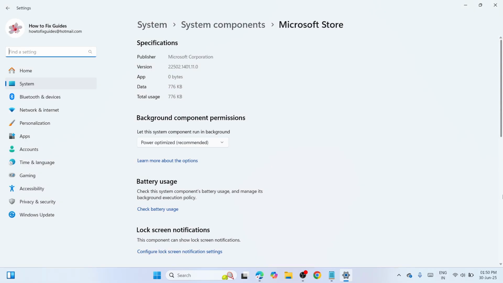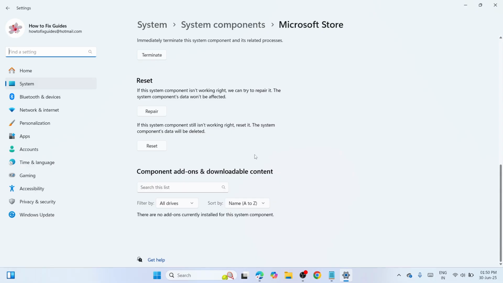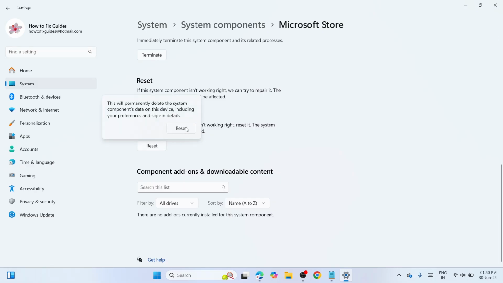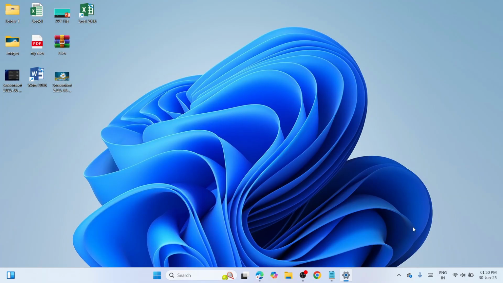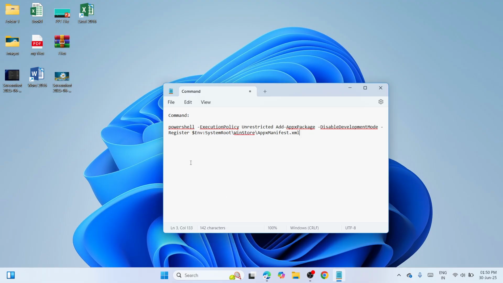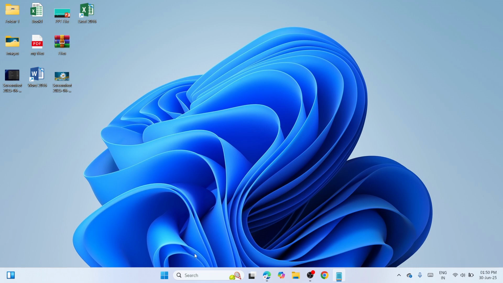Now from that, please scroll down, click for Reset, click for Reset again, and wait until this procedure would be finished. And once you have done it, close the window, proceed to the next method, and that is to reinstall the Microsoft Store app. So please copy this command that I have given at the YouTube description and navigate here